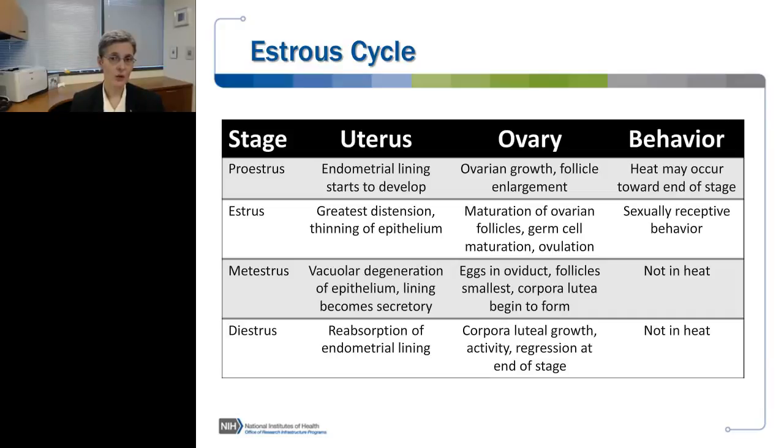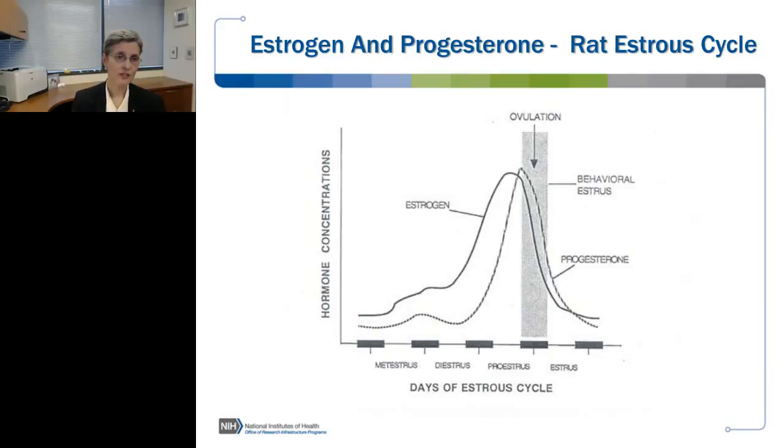We see corpora lutea growth activity and then regression at the end of the stage, but we don't see the sexual receptivity. This next slide just shows the pattern of hormonal levels that occur during the rat estrus cycle relative to estrogen and progesterone. And what you see here is that with estrogen, you see a peak in estrogen levels